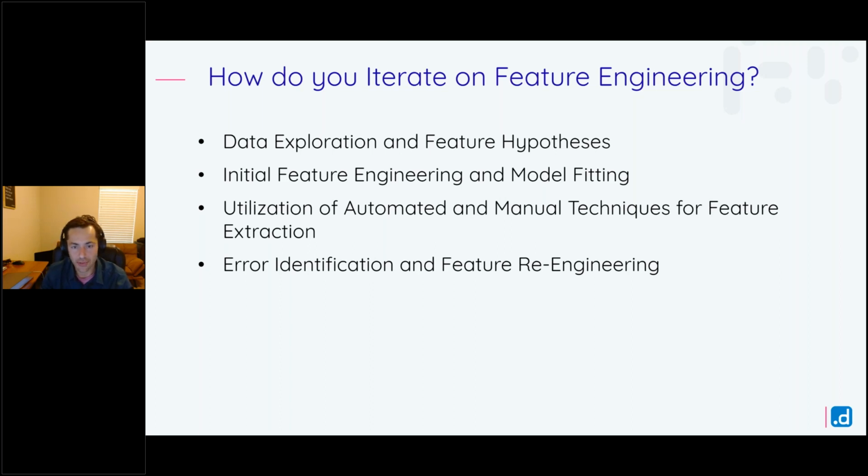There's plotting, there's summary statistics, there's fitting some very basic models, which we're going to go through. And then the idea is to discuss this with people, or look for insights elsewhere, like online. In this case, I'll talk about how I was using Kaggle, right? There's a lot of discussion about, hey, this feature works, this feature doesn't work, right? And so this idea of feature hypothesis, right? These are ideas about features that could work based on your prior experience as a practitioner or using information from domain experts, right? And so this is kind of the initial phase, is to think, okay, if I'm trying